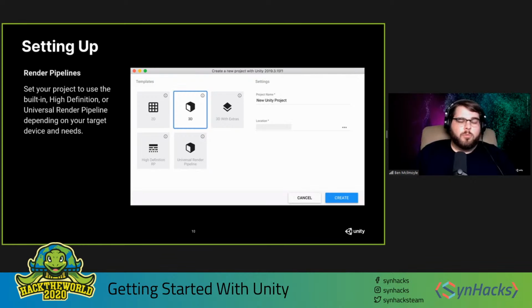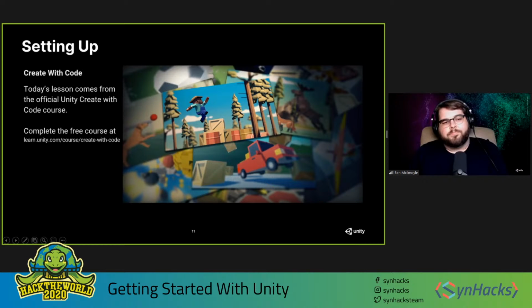So for everyone today, I suggest we're going to be making a 3D game, and that's where to start. But if you're using this for your hack week, just decide, is this a 2D application or 3D, and choose one of those two. So we're about to get to code, I promise. We're almost there. We're going to be following a lesson from something we call Create with Code. Today's lesson comes from this